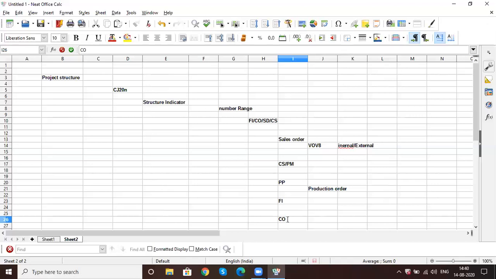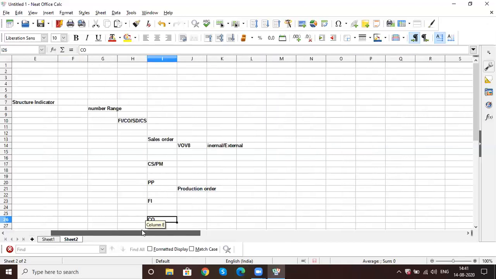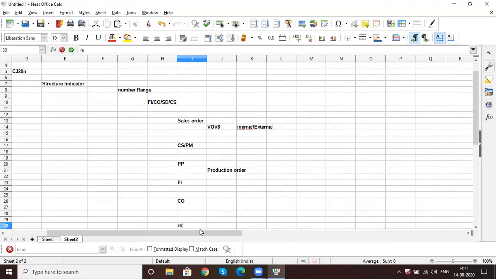I'm not sure about CO, but in FI there will be a document. For CO there should also be a settlement number range when you create a settlement. Flexible real estate, REFX, is the same thing: there is a document and a number range is assigned.